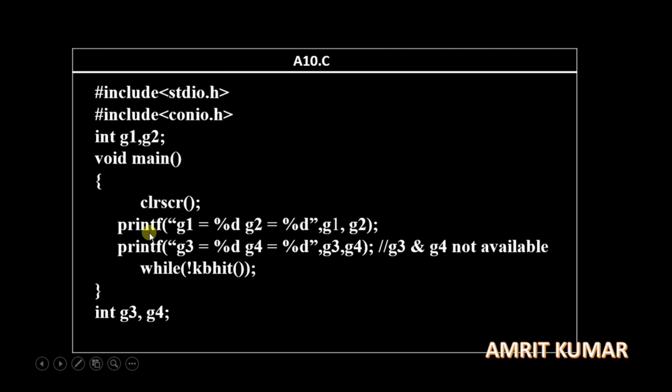Then I have used the inbuilt function of the stdio.h header file, and I am printing g1 equal to %d and g2 is equal to %d. So what will happen here is that we can access the value of g1 because it is declared first. So we can access the values of g1 and g2. What we cannot access are the values of g3 and g4